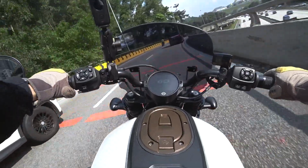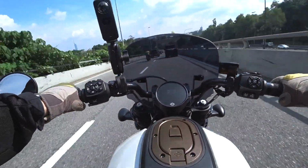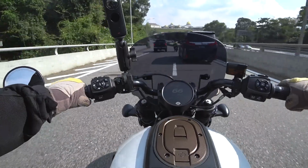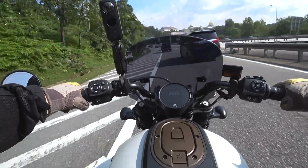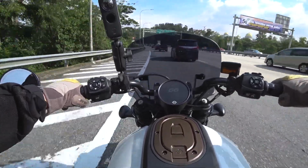Let's continue a bit about the engine. It's a lot of power, a lot of torque. Definitely a lot of torque. There's enough torque to get you excited for a long time. I don't know why you would need more torque than this, and this engine is just amazing. Woo! But it does come with a lot of heat though, especially at slow traffic, so you just gotta keep